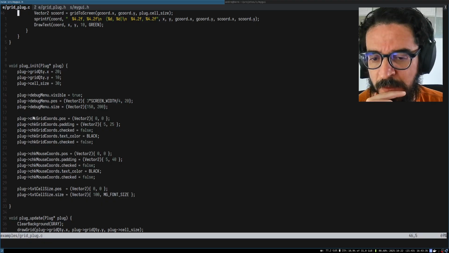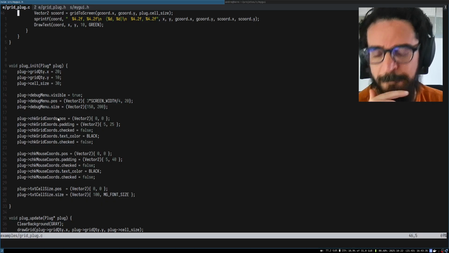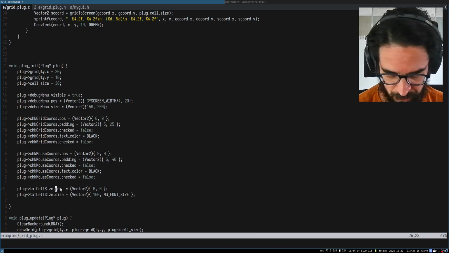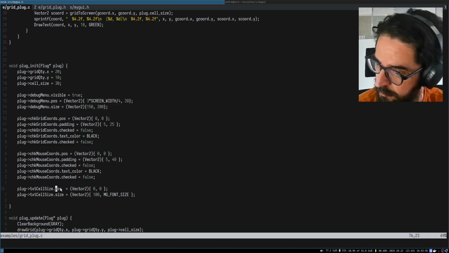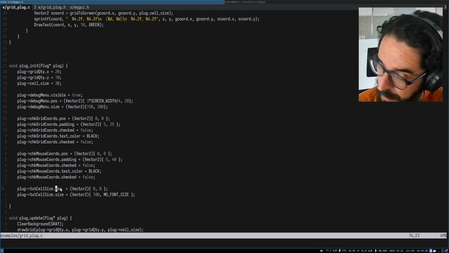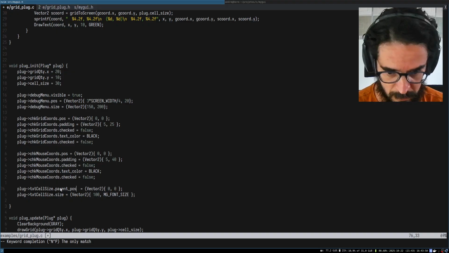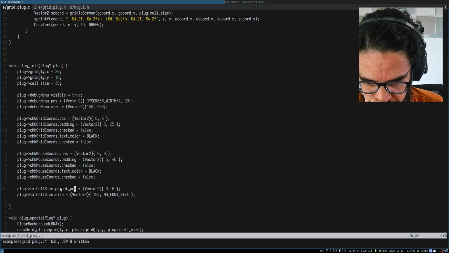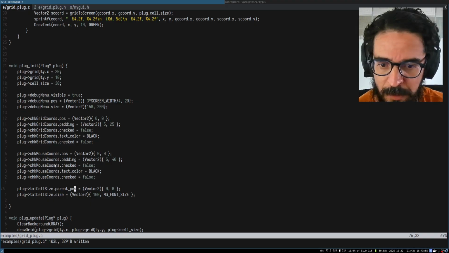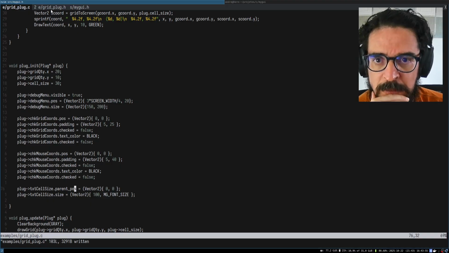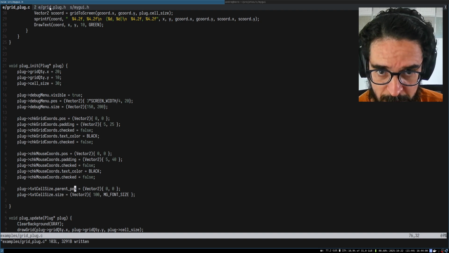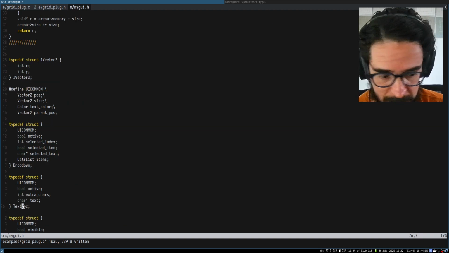It is the responsibility of plugin init to initialize everything. So here is the place where I initialize it. Okay, so instead of position, how did I call it? Real parent position, I think. Yes, so parent position will be this. Let's try with cell size, then we can replicate to the other ones. So I initialized parent position as 0. So when I am rendering the text box,